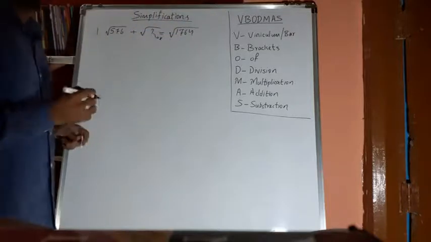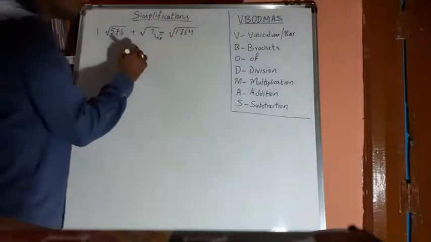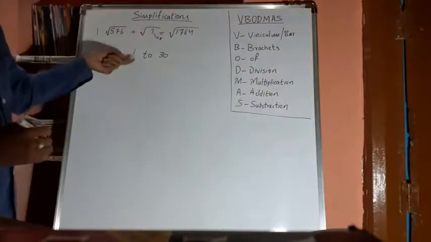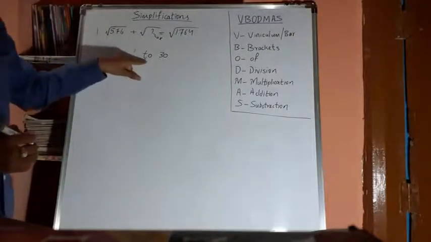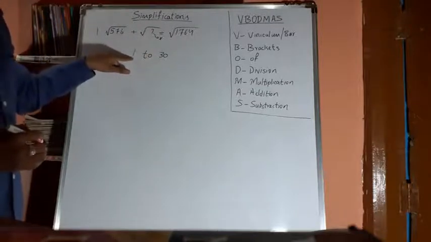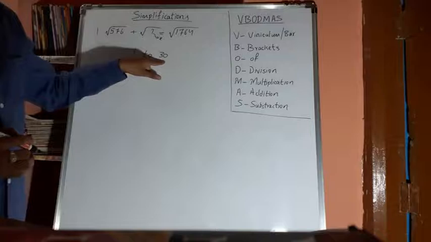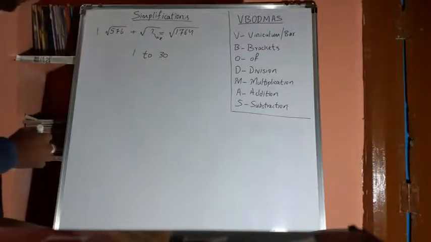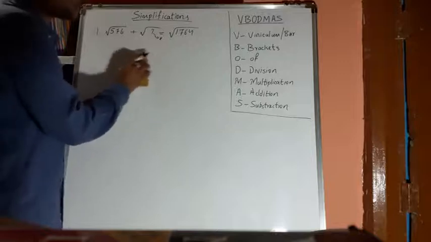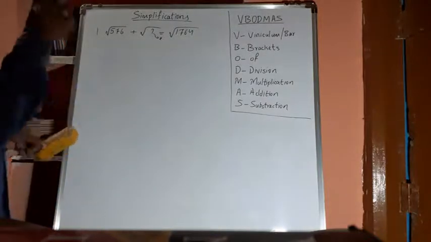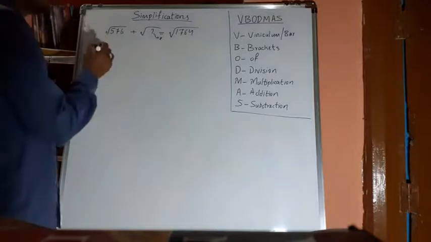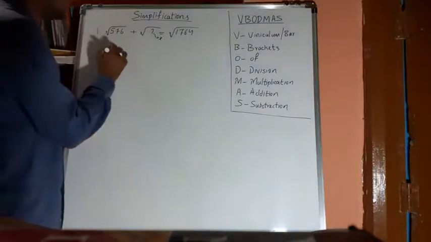I hope all of you know the squares and square numbers. If you don't know, I suggest that it's better to learn by heart the square numbers 1 to 30. This is a minimum requirement, friends. You should know the square numbers between 1 to 30, right? If you don't know, at least you should know how to find the squares and square roots of a given number, right? So I will tell you a method to find a square root here. For those who don't know, please see here.